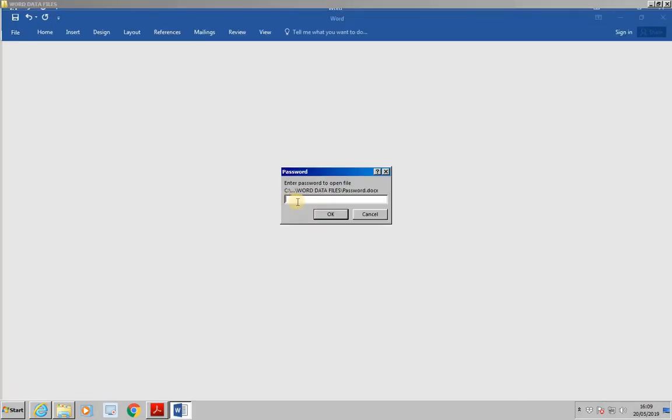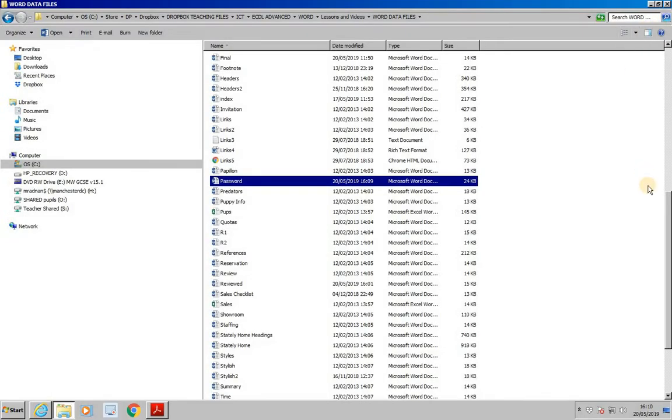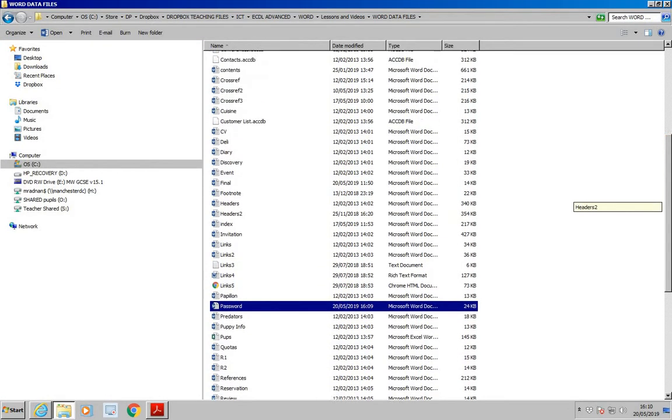As we can see, it now needs a password to open the file, so put in the password stories, press OK, and now it will let me in to be able to make any modifications I want to. Okay, sorted. So if you could now close that, we're now going to open a different document. If we open the document Colorado,